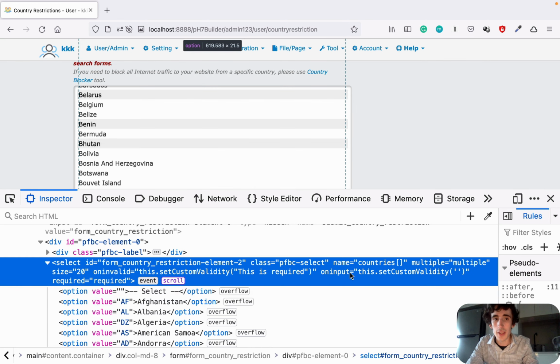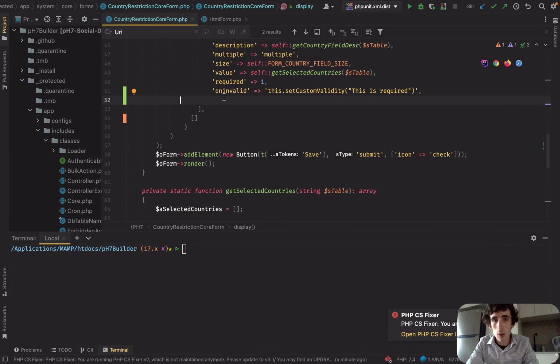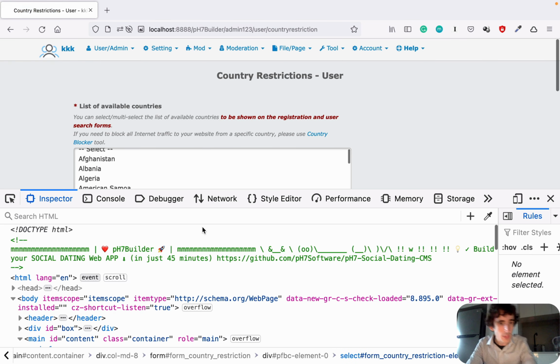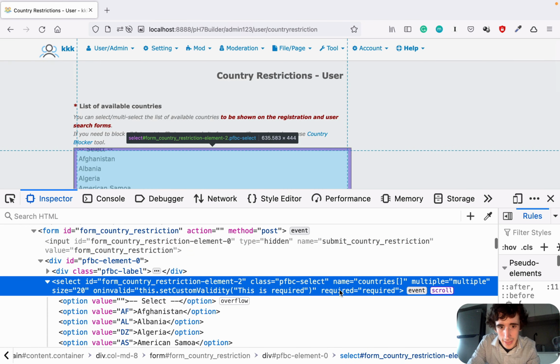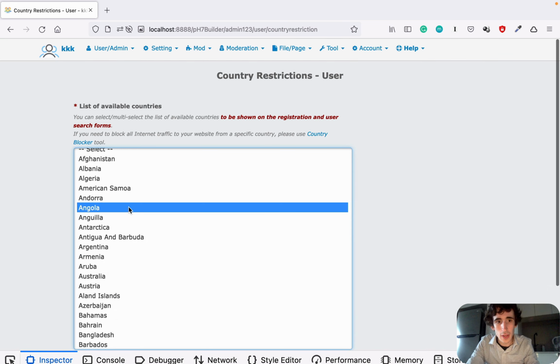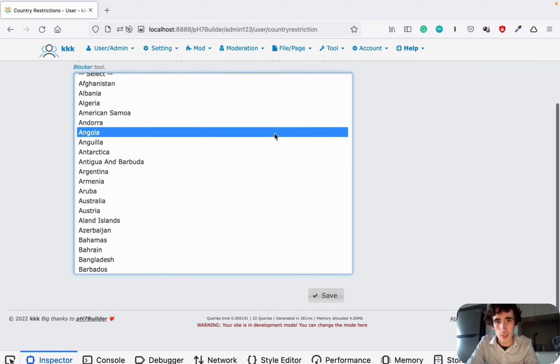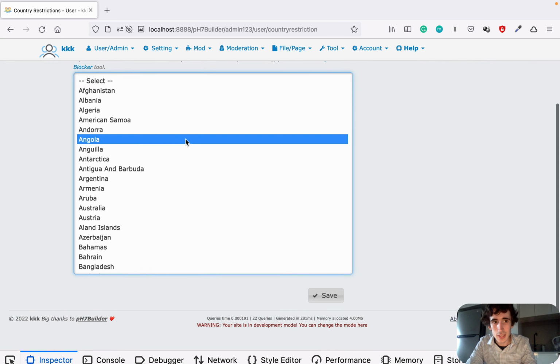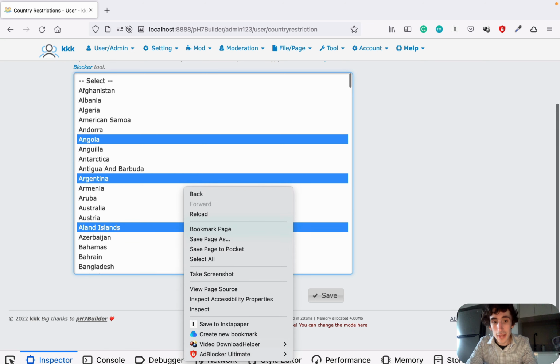So it will again be valid. Here now I removed onInput. So if I refresh the page and if I check again, now I just have onInvalid. I don't have onInput anymore. So if I don't select anything, I should receive an error. Yes. And now if I select other fields,